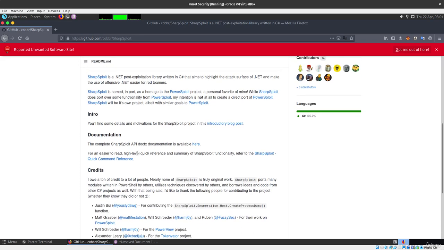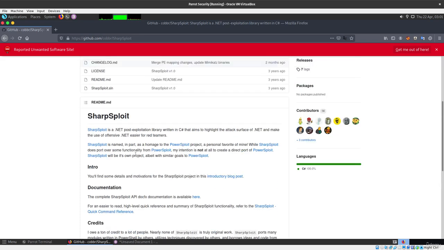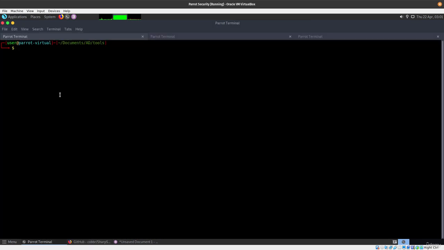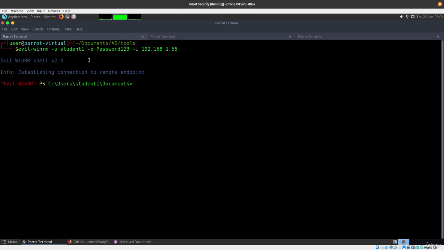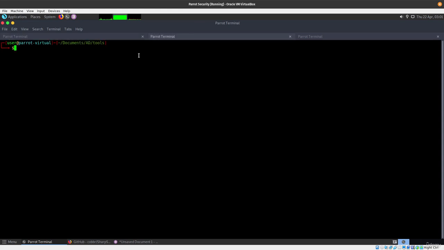SharpSploit is a really nice tool that you can use. So let's go ahead and see how we can import that into Evil-WinRM. Let's zoom in a little bit, and we are going to connect to the .55. And what we need to do from here is